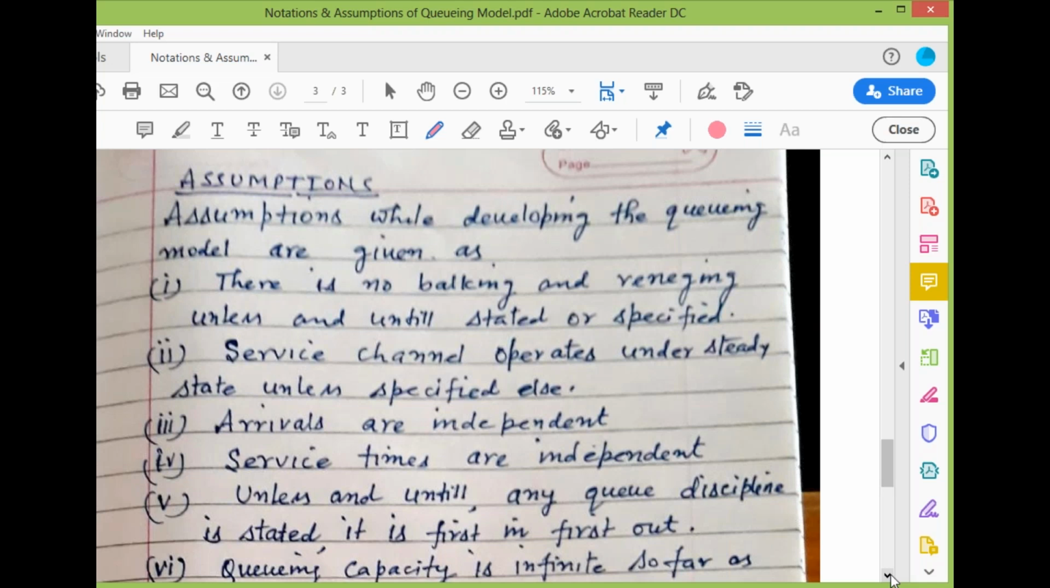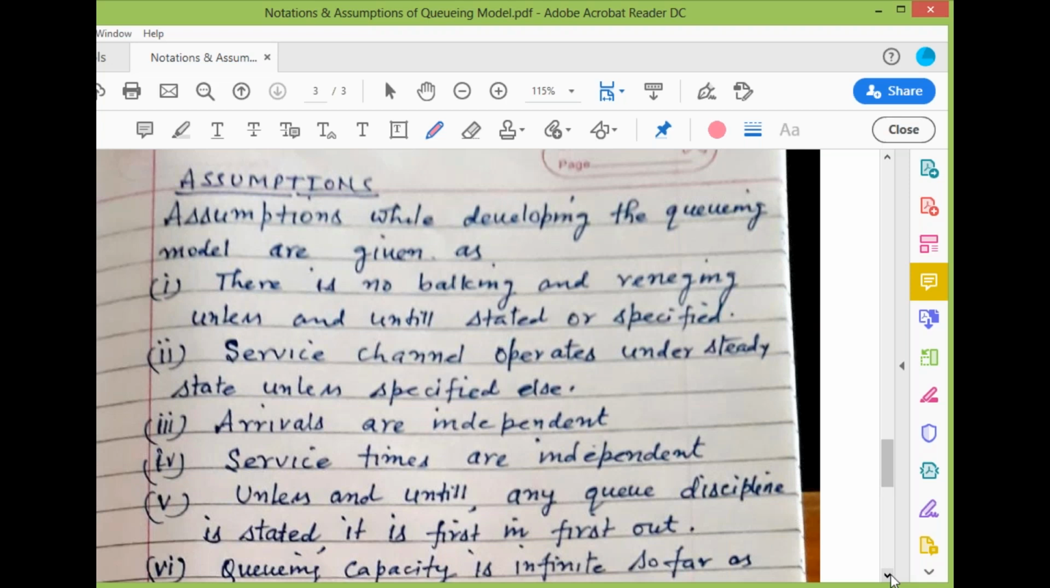And the second assumption is what? Unless and until it is mentioned that we are going to study the transient state, meaning we are going to discuss the transient, the warm-up state. This is known as the warm-up state. A stable state is different, that is the steady state. So unless and until it is mentioned that we are going to study the warm-up state or the transient state, it is assumed that